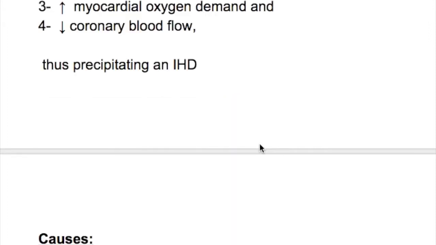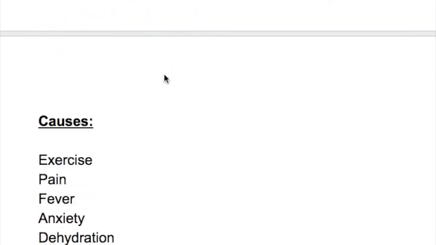So in both sinus tachycardia and sinus bradycardia, there is a decrease in cardiac output. The ventricular filling time is decreased, the coronary flow is decreased, and there is an increase in myocardial oxygen demand. All these factors, decreased cardiac output, decreased ventricular filling, decreased coronary flow, increased oxygen demand, may precipitate an ischemic heart disease. So what are the causes